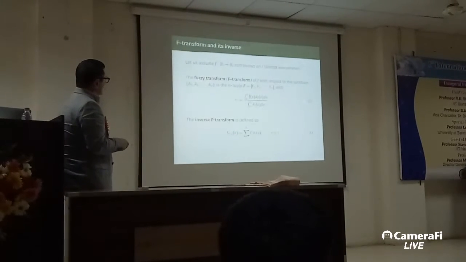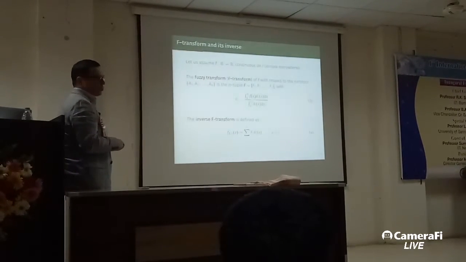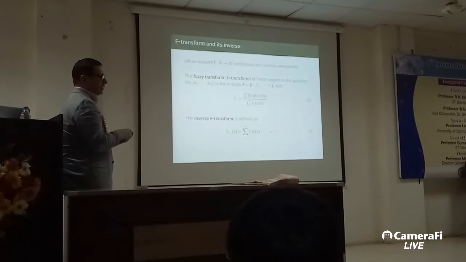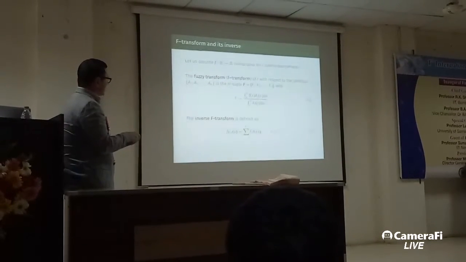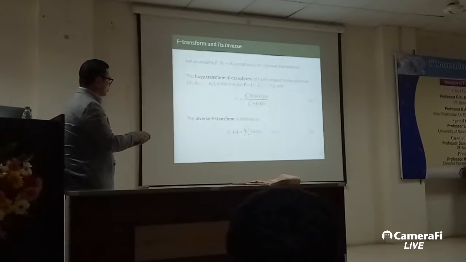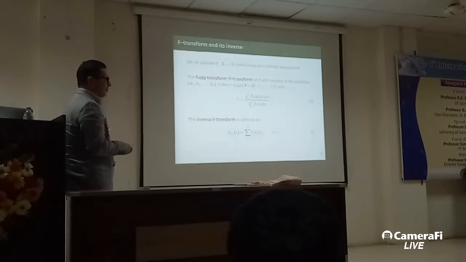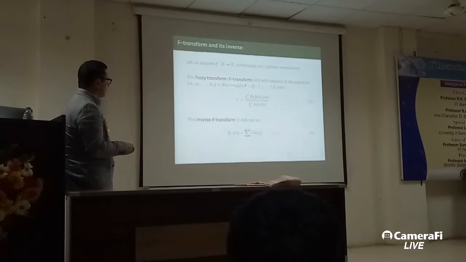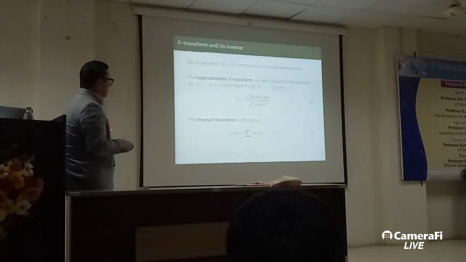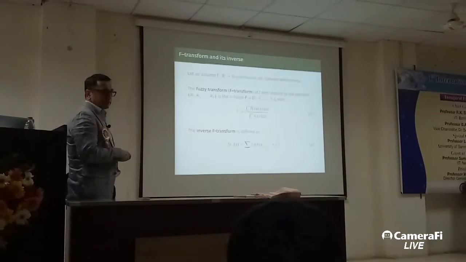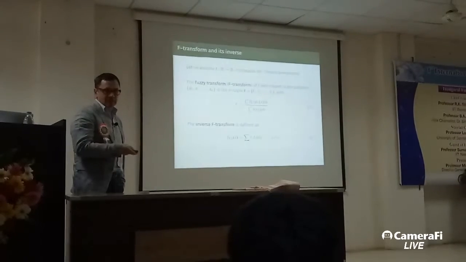But what we can do is also to make the inverse transform. So we can move from the fuzzy transform, from this tuple of values, back to a real function. And this is made, as you can see, only using the coefficients and the basic functions. Okay, this is what we are interested in, and we will look at the properties of this function.